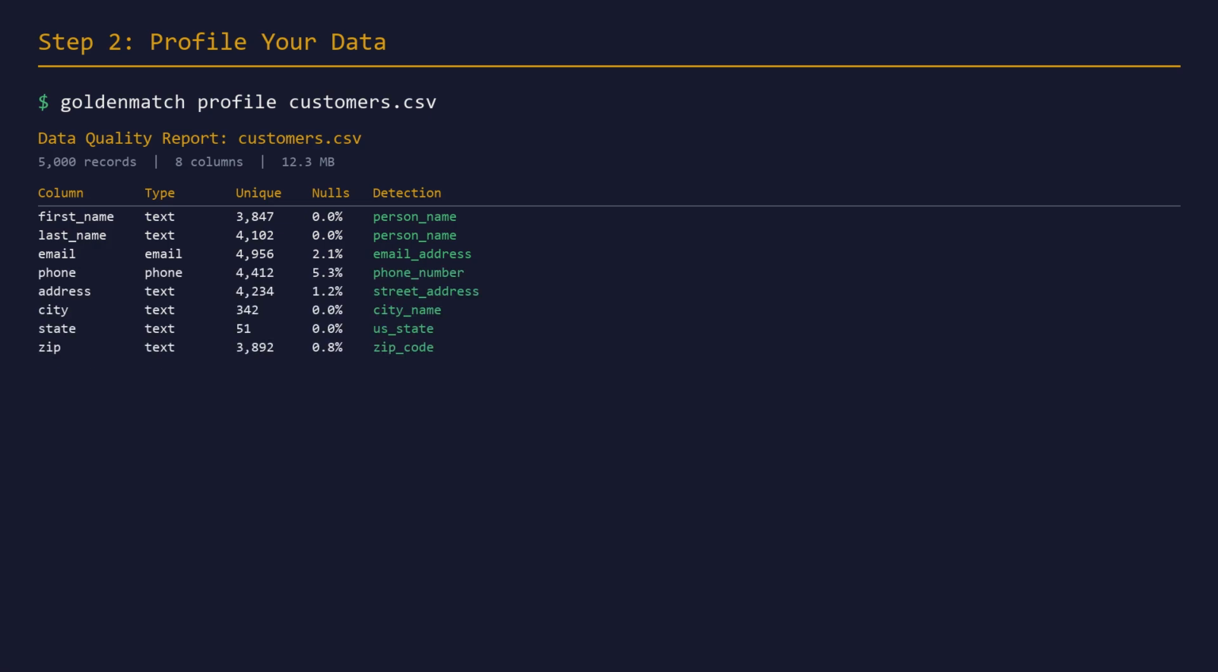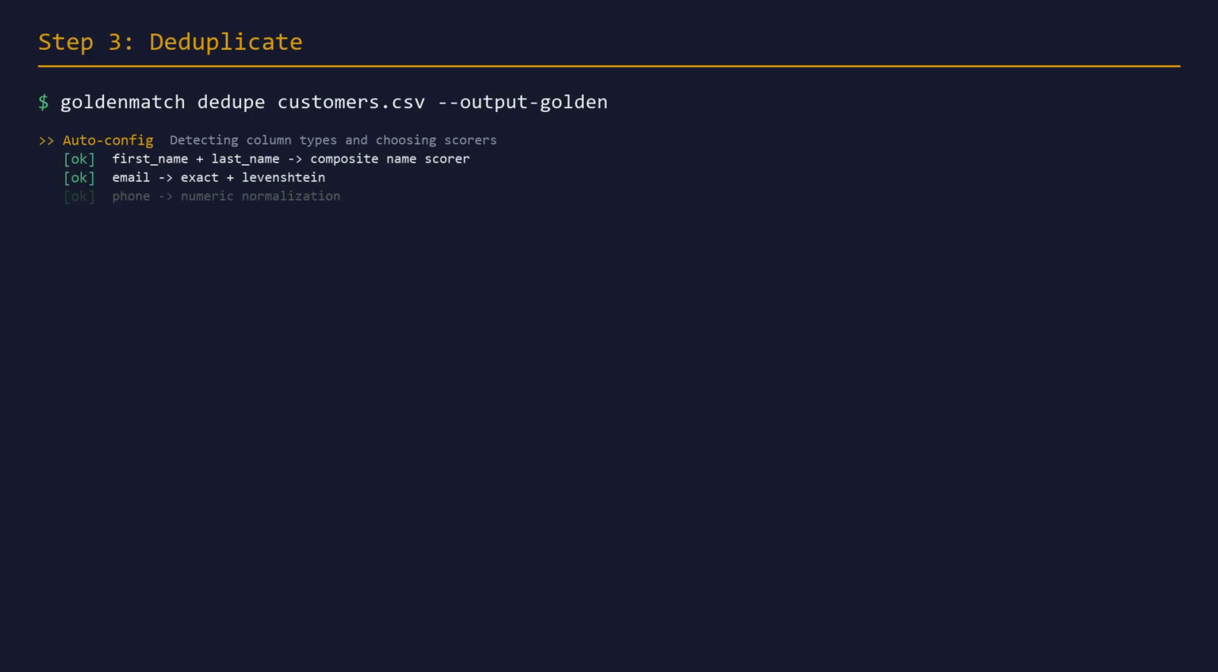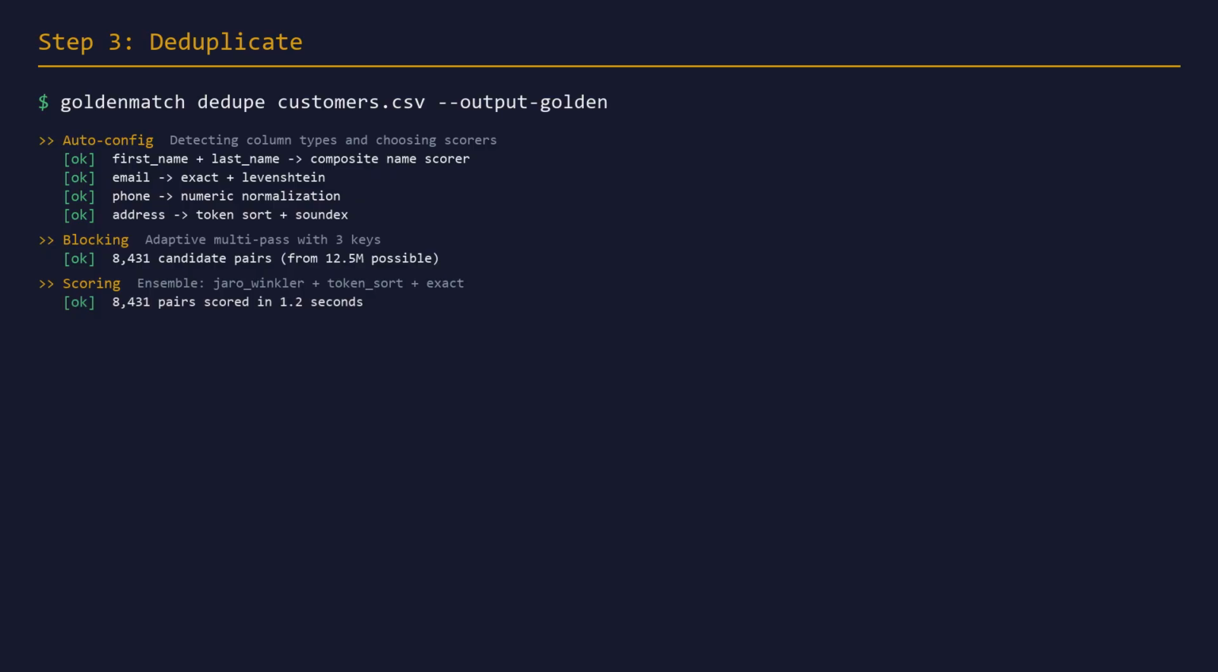Now run the dedupe command. Point it at your file, and GoldenMatch does the rest. It auto-detects name columns, emails, phone numbers, and addresses. Then it picks the best scoring method for each column type. The output is two files, a clusters file mapping duplicates, and a golden records file with one clean canonical record